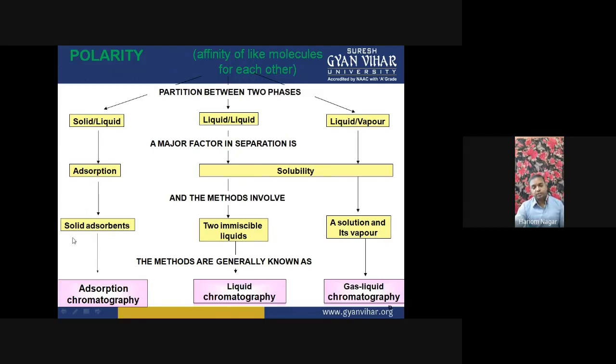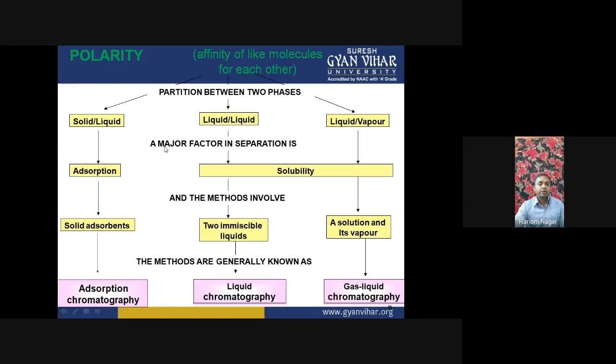Which means the stationary phase would be the solid. This chromatography is called adsorption chromatography if there are two phases, one liquid and the second solid, and the solid is the stationary phase. If you're talking about the chromatography method where both stationary and mobile phases are liquid,